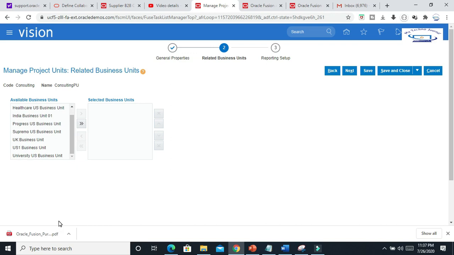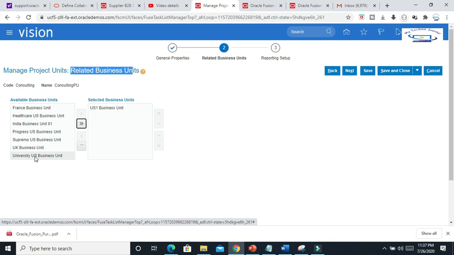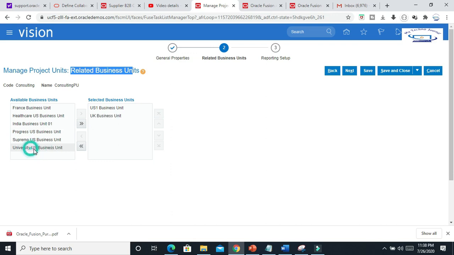As we are maintaining a similar kind of service like consulting, we can assign the same project unit to multiple business units, the US business unit and the UK business unit. We have two business units in different countries, and the project unit will be one. To track all financial activities, it will be differentiated at the project business unit level, but our project unit will be one.